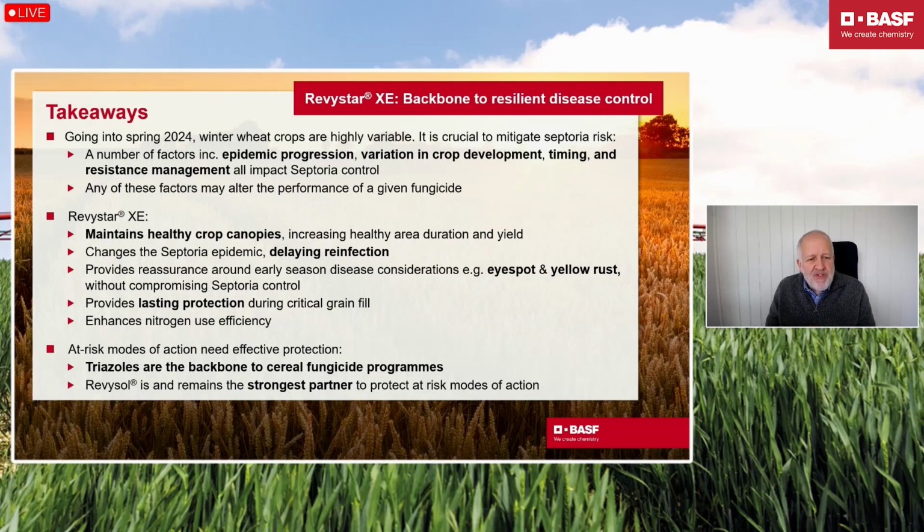And we know with Revystar, we've got a product that can be a really useful tool, and the best tool in terms of a lot of these factors, a tool that's really important to build in with the other fungicides that are available, a tool that allows you to maintain your healthy area, to increase the duration of that, and therefore lead to yield. Other factors as well: its broad spectrum ability, its ability to control eyespot with efficacy against eyespot at